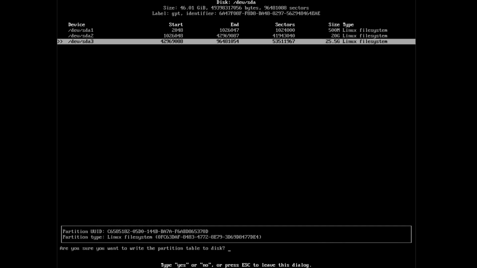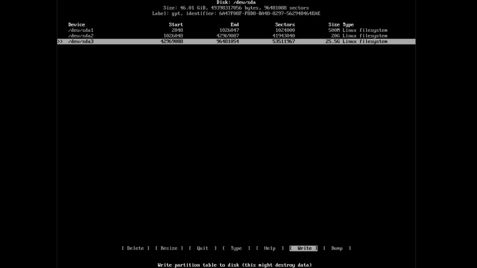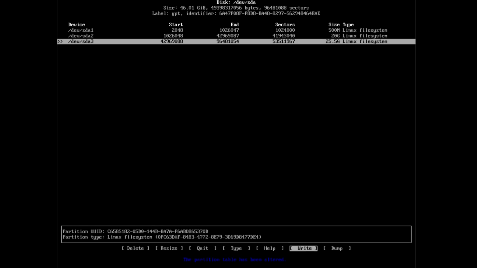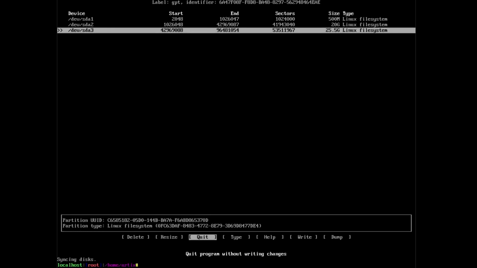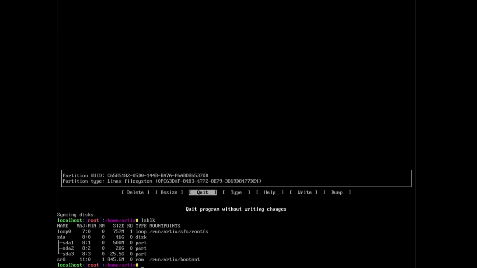Go ahead and press enter. We go ahead and type in yes. Alright, the partition table has been altered. That is good. Now we go to quit, and we go back into our bash. Now we are going to type in lsblk to look at all of our partitions. As you can see, SDA now has SDA 1, 2, and 3, which will be our boot, root, and home